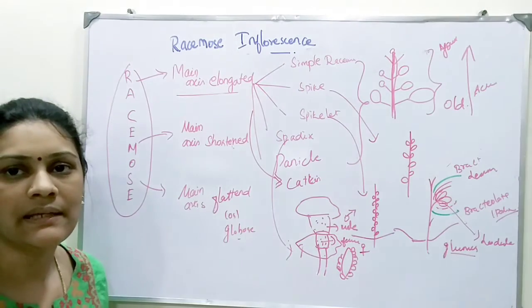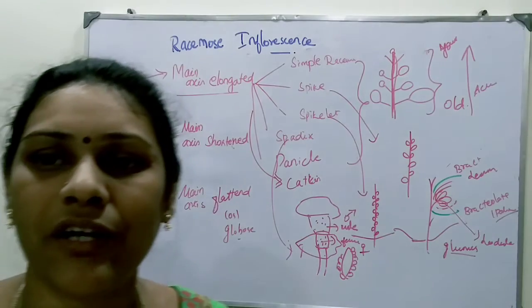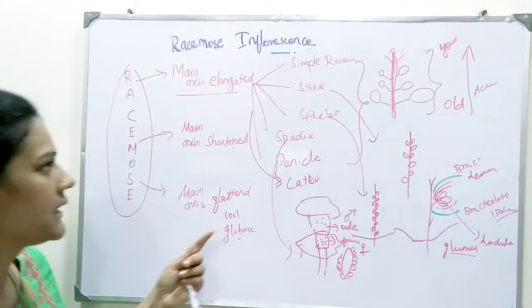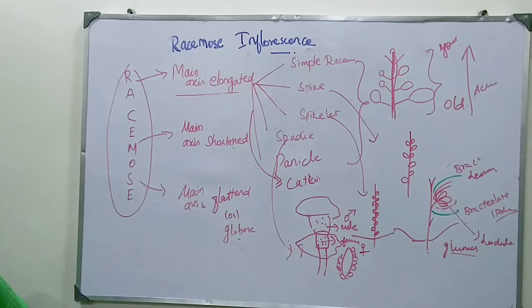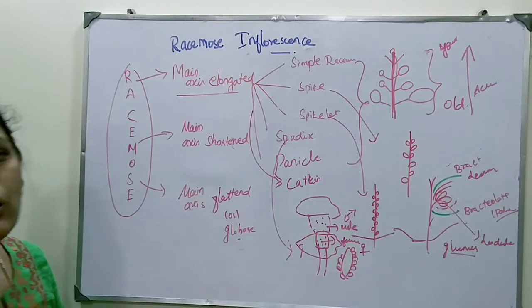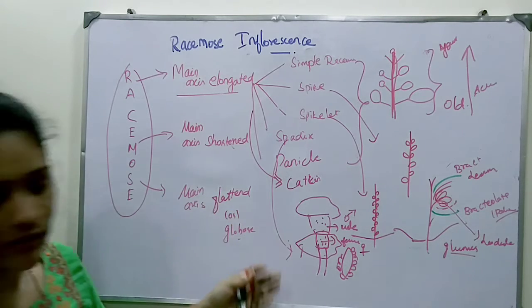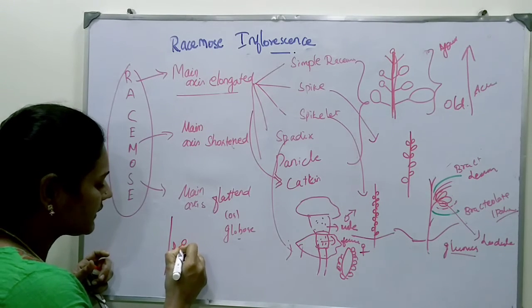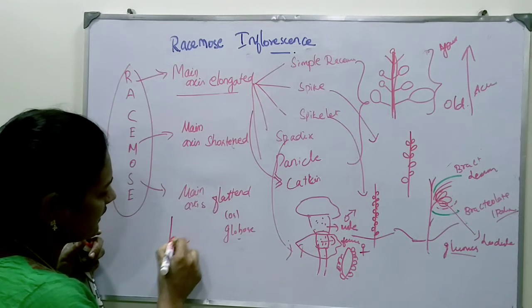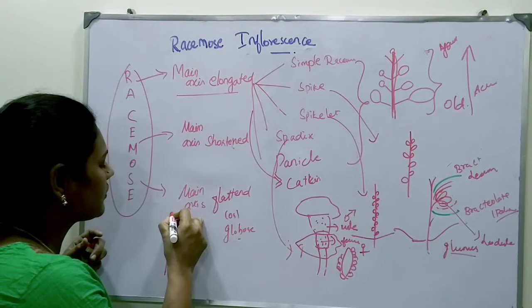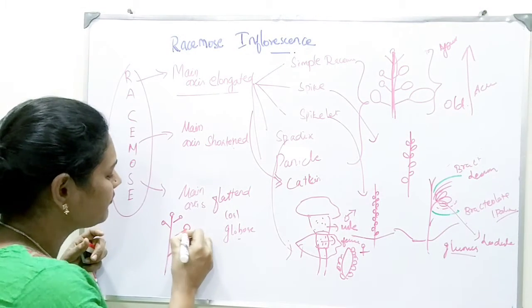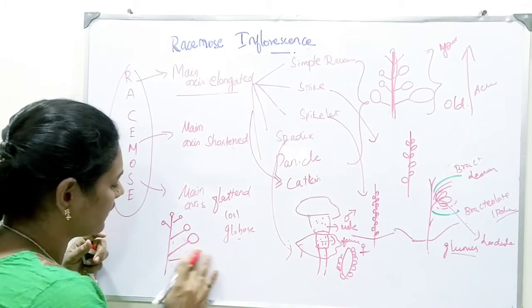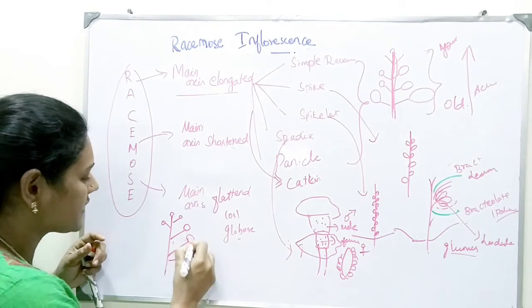And coming to the panicle. Panicle is a branched pattern of racemes. Examples are mango, neem and Dianthus. It is also called compound raceme or raceme of racemes. What is this? Raceme of racemes. So it is a branched type of raceme. How do I draw a raceme diagram? The young flowers are at the tip and the old flowers are at the base. So this is generally a raceme diagram.